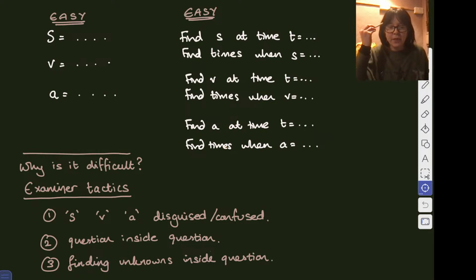So theoretically, if it's easy to differentiate and to integrate, and if it's obvious what they're asking for, and the equations that we end up with, even if we have to put the v or the s or the a equal to something and then actually solve an equation rather than just subbing in t, it should be fine, right? So how come it's not fine? So the things I touched on